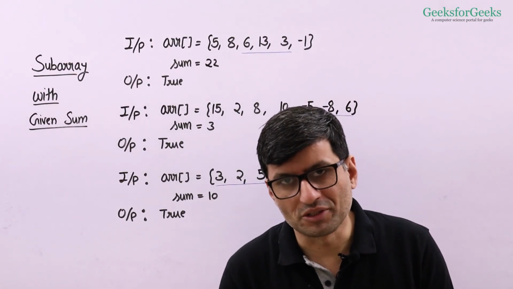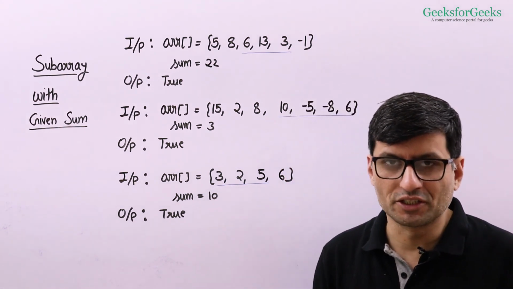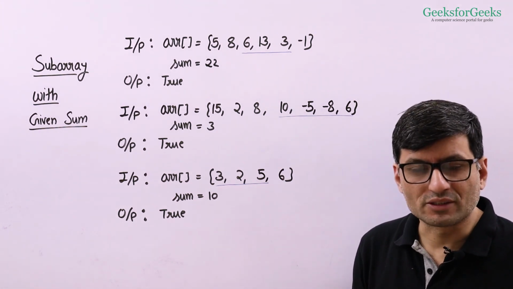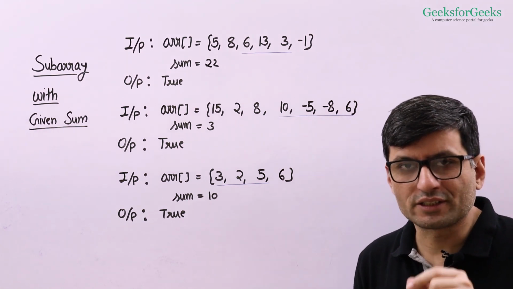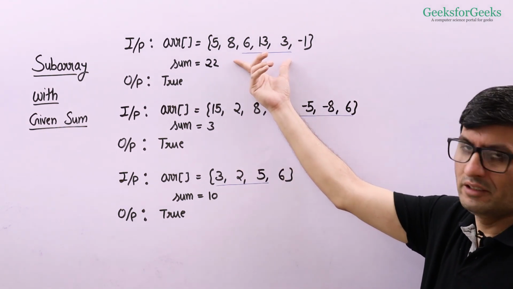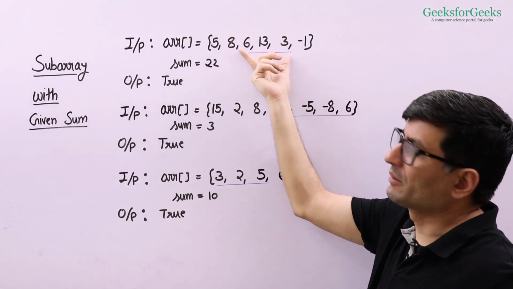Let's now talk about this problem. Here we are given an array that may contain integers: positive, negative, 0, and a sum. Our task is to find out if there is a sub-array with the given sum. For example, if you see this array and the sum is 22, you have a sub-array with sum 22,